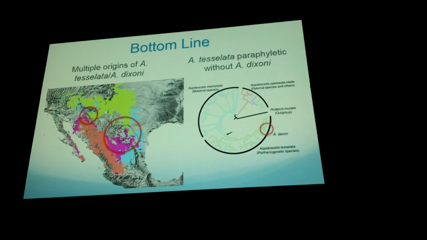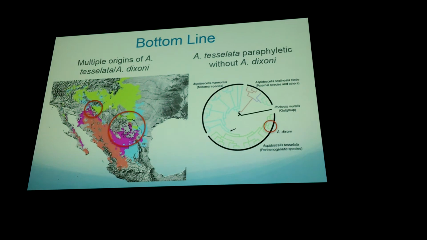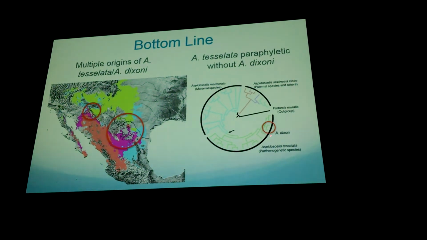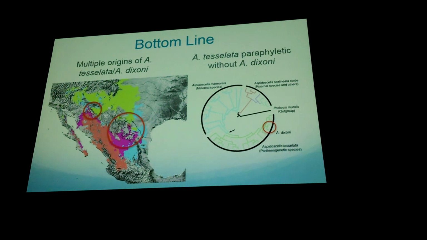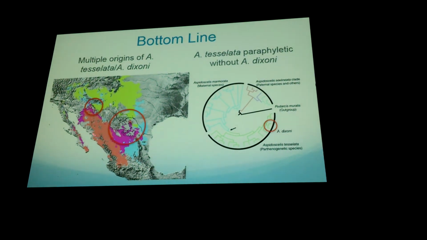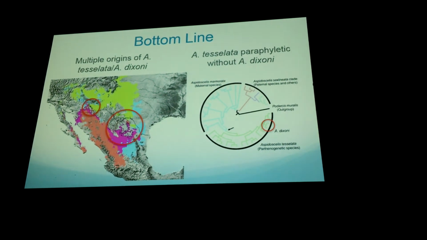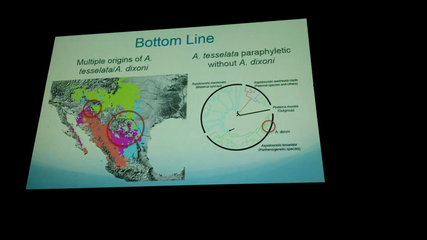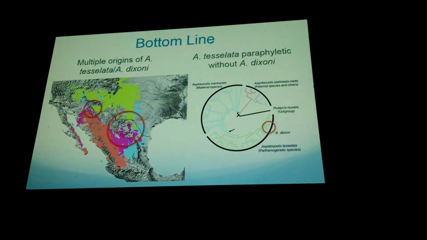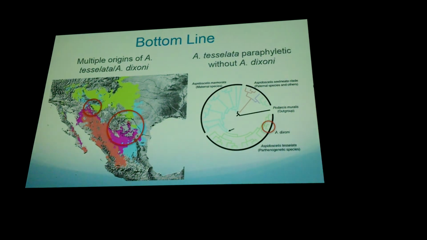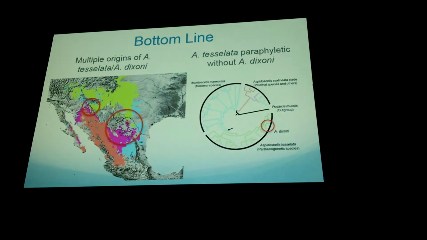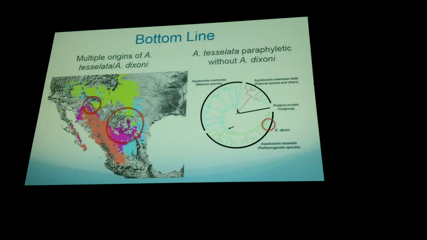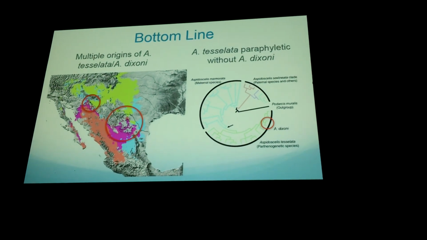Okay, so in summary, there appear to be multiple origins of Aspidoscelis tesselata. However, only one mitochondrial origin, and also Aspidoscelis dixoni is subsumed by Aspidoscelis tesselata. As far as explaining this pattern, what I think is happening is that either I haven't sampled enough Aspidoscelis marmorata from the Mexico portion of the range, or, and this is supported by the shallow mitochondrial topology, there was probably a population restriction at some point, and now we're only able to sample one of the two mitochondrial haplotypes,